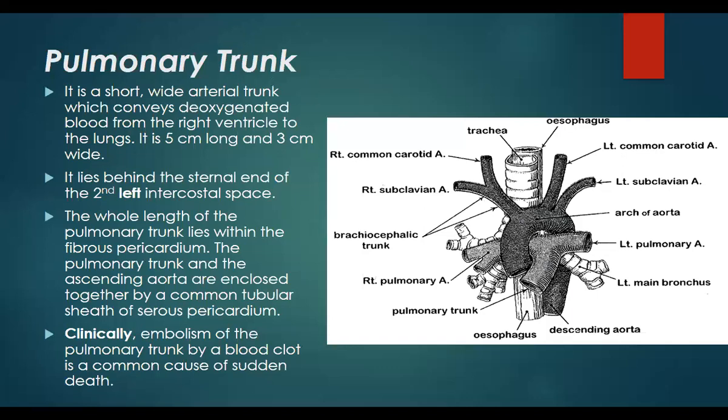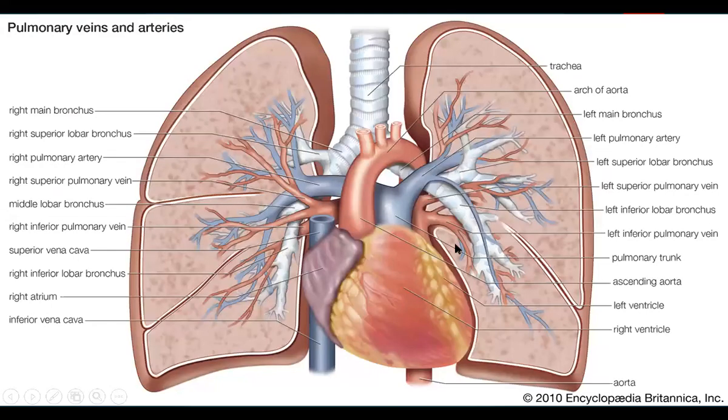Now coming to the pulmonary trunk. Pulmonary trunk or pulmonary artery. The pulmonary artery is called the pulmonary trunk because it is a very short artery. As you see here, this is the pulmonary artery. Even though it is an artery, it is shown in blue. This is the only artery in the body which will be carrying deoxygenated blood in adults. Even though it is called an artery, it is carrying the venous blood here.